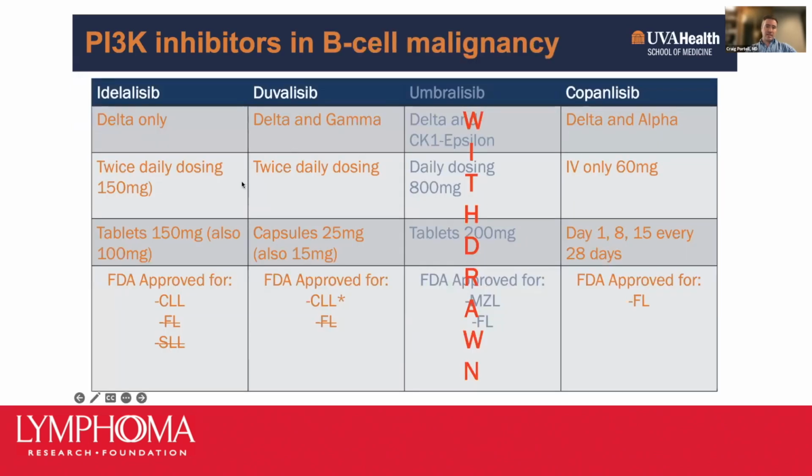So, like I said, there are 4. This one's IV, so I'm not going to spend that much time on it. Umbralisib was withdrawn. It was a delta and CK1 epsilon inhibitor, so a different protein inhibitor. It was an oral drug, taken daily. It was originally approved for marginal zone and follicular, but was recently withdrawn from the market because it did not meet its,